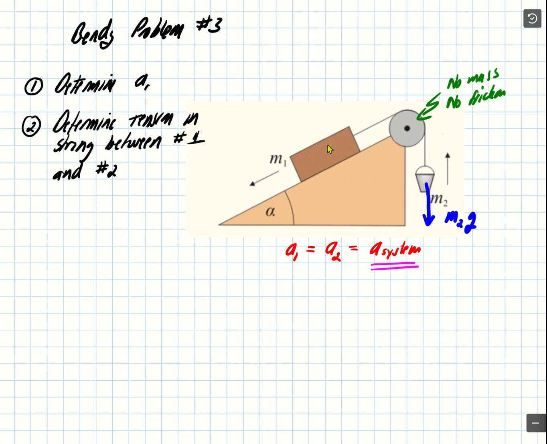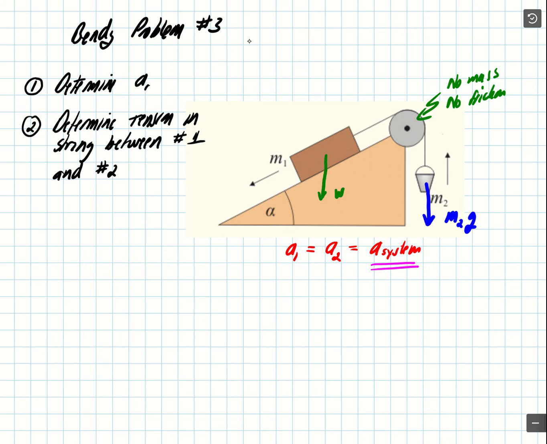Now M1, we have to think back, what did we learn about motion on inclined planes? Basically, I don't want to redo the whole thing because that'll just take too long. Okay. All right. So we learned that basically, even though gravity is straight down,